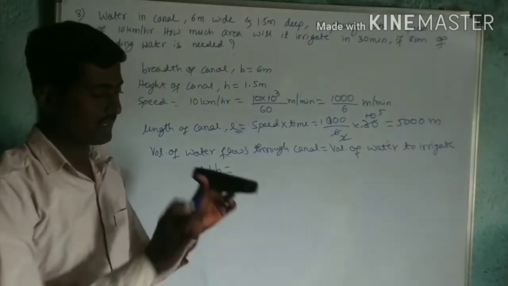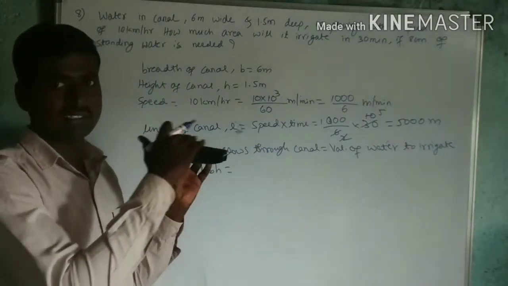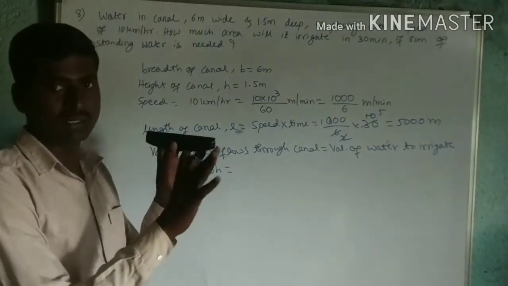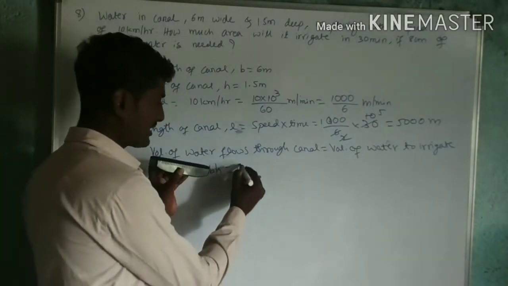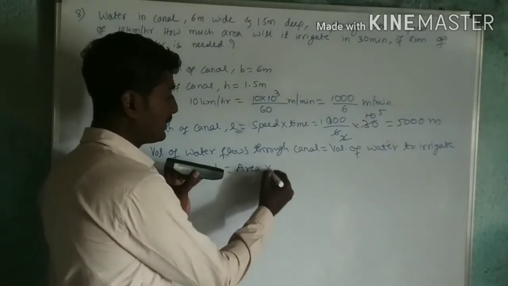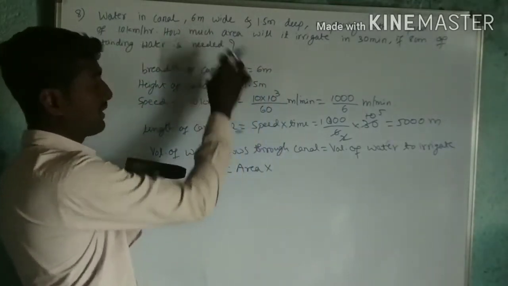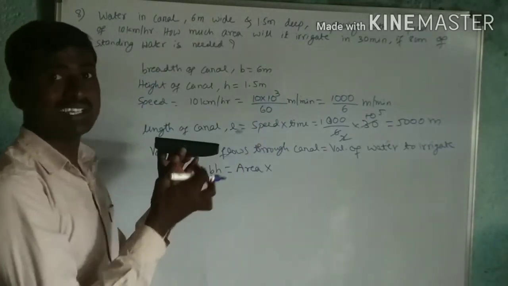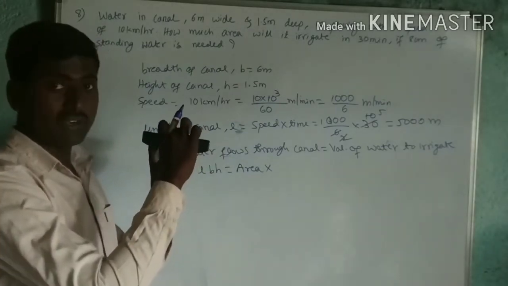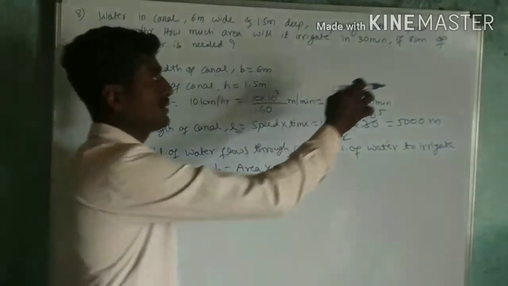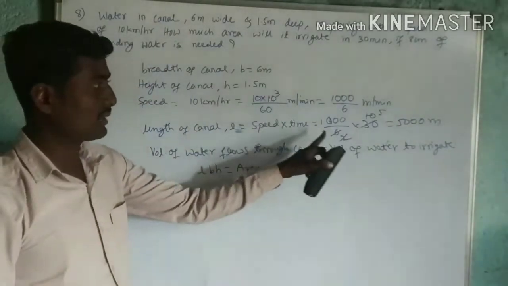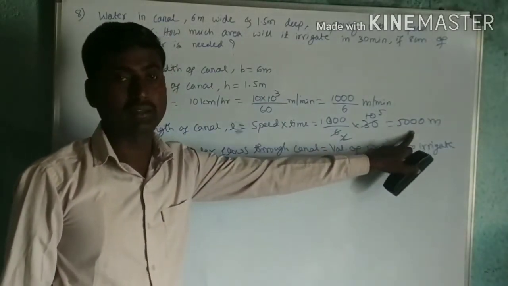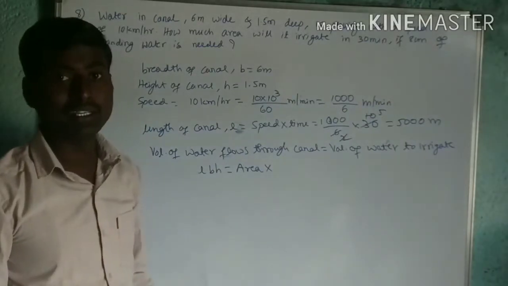I already said it. Let us take this as water standing on some area. So how much area will you find? Area of cross section, into that we are going to find the area. How much area will it stand? And the height is given. The height of that standing water is how much? 8 centimeter. But in all these I converted to meters, so it must also be in meters.